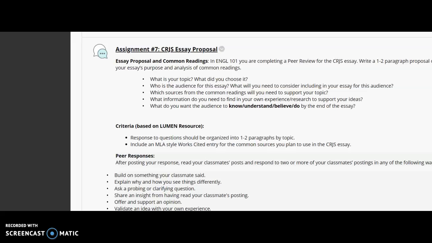What is your topic? Why did you choose it? Who is your audience for this essay? What will you need to consider included in your essay? Which sources from the common readings will you need to support your topic? What information do you need to find in your own experience or research to support your ideas? What do you want the audience to know, or to understand, or to believe, or to do by the end